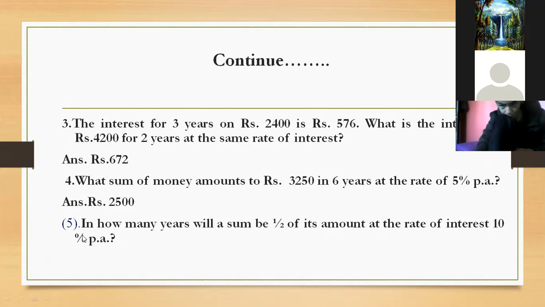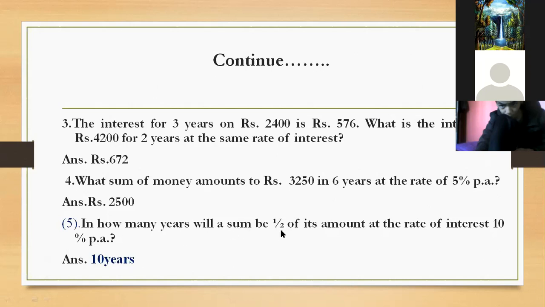Sir, you found 10 years. The answer is already displayed there. Can you see? 10 years. Yes, sir. I am again repeating here. You have to suppose the amount is X, then the sum, which means principal, will be half of X, that is 1/2X. Now by solving it, you will get 10 years.